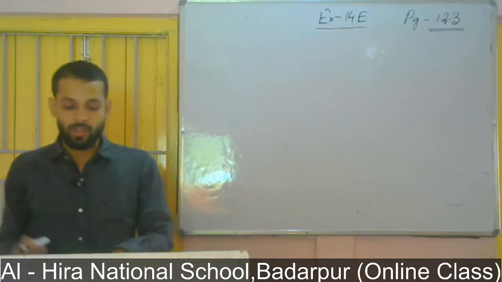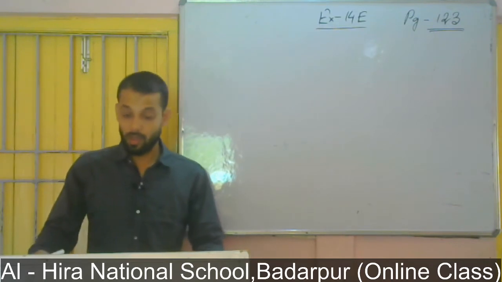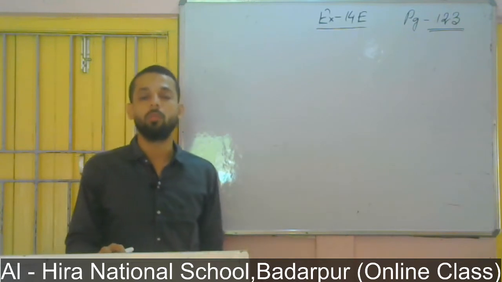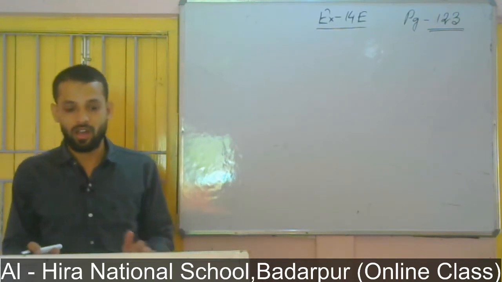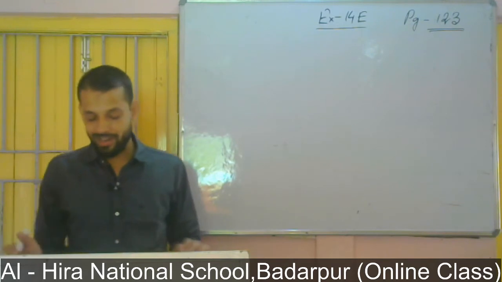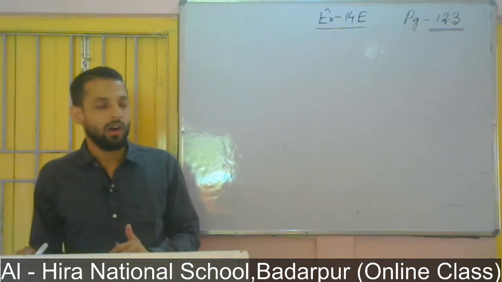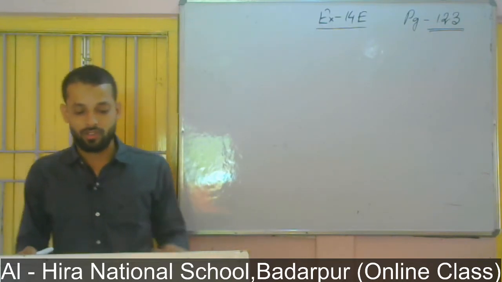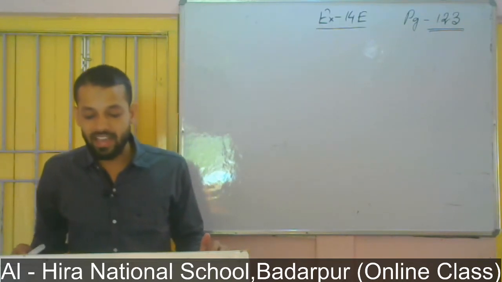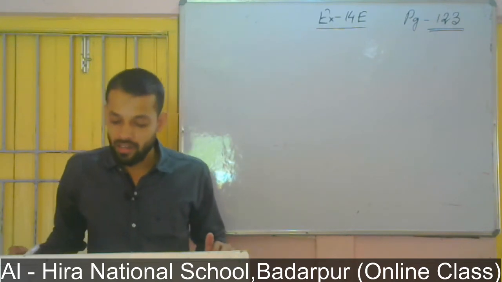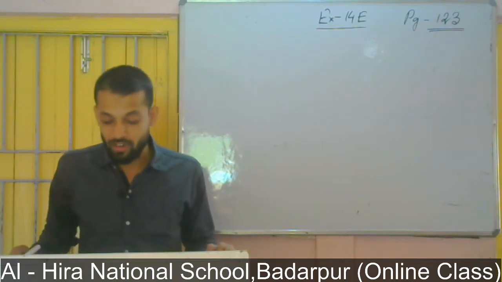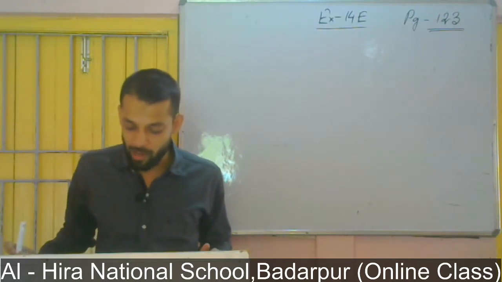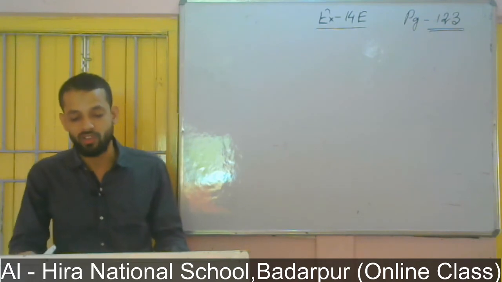I am not going to write down the question here on the board because the questions are in your book. You may turn the pages and look over page number 123. Question number 1 is: make a bill. Tea rupees 40.50, next sugar rupees 39.75, and at last milk rupees 22.